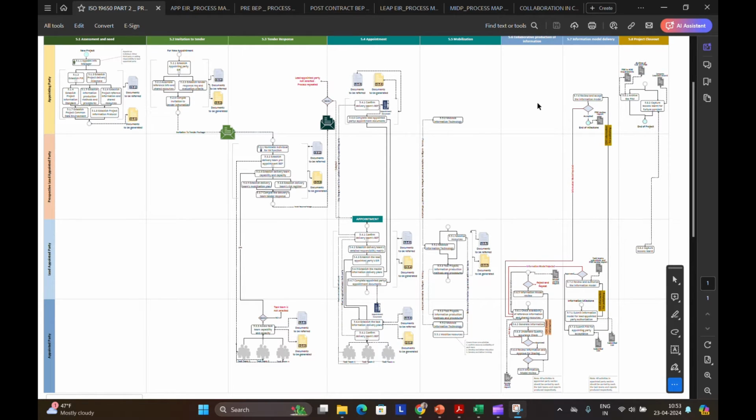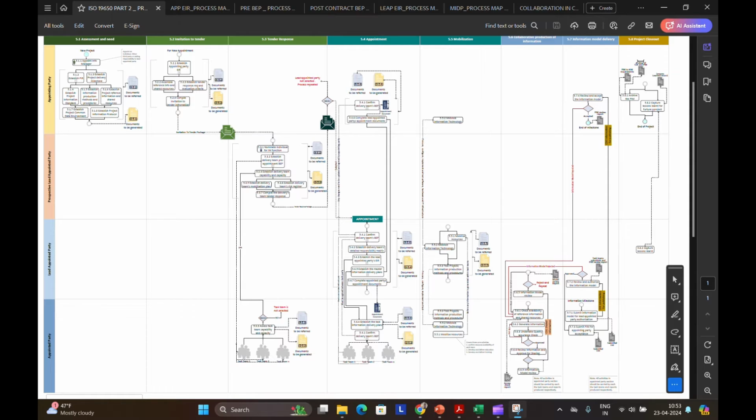Here, the teams create designs and plans, with regular checking and sharing of their work with each other. Next one is the information model delivery. Under this stage, the client regularly reviews and approves these plans. Next we have the project closeout. The project is completed and all the accumulated information becomes a valuable resource for the building or asset's future maintenance.